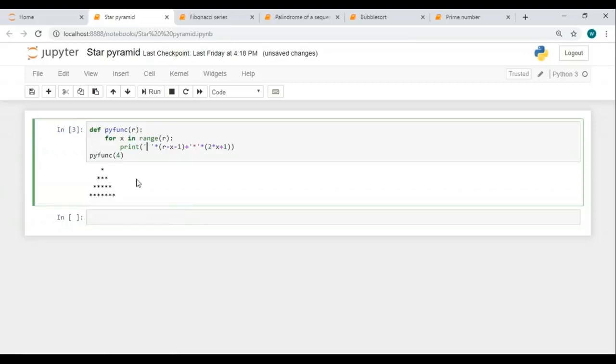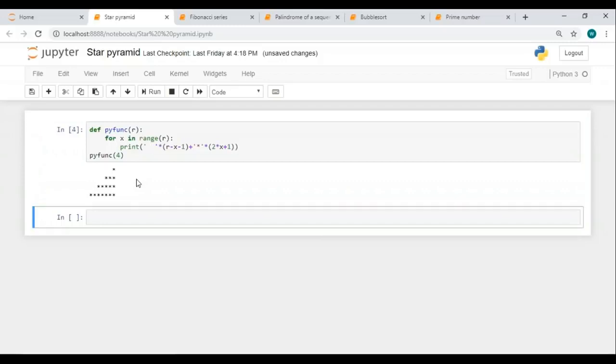Now what if I want the triangle to start from the right hand side and move towards the left hand side? Don't worry, you don't have to rewrite the code. One small change to the same code is enough. So I hope you all see that. I just inserted 2 white spaces over here and then I hit run and you can see that the triangle has started from the right hand side and is moving towards the left hand side.